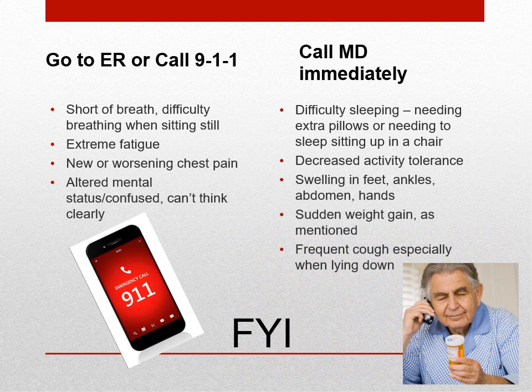Again, if you have any shortness of breath, or if you start to have chest pain that starts to worsen, or if you are helping your family member and they seem like they're more confused, call 911, go to an ED, call the primary provider, let them know they're having problems. If they're having problems sleeping, call the primary provider. If you see that they can't walk like they used to, call your primary provider. Anything that's different than their baseline, call the primary provider, because we need to reevaluate what's going